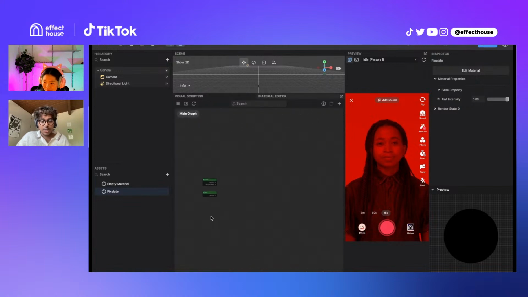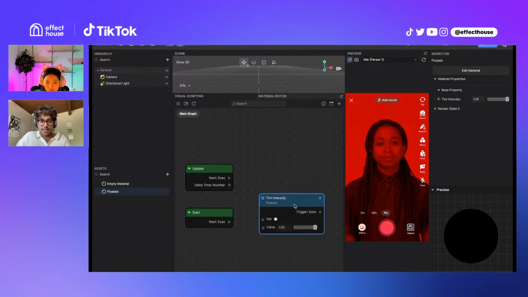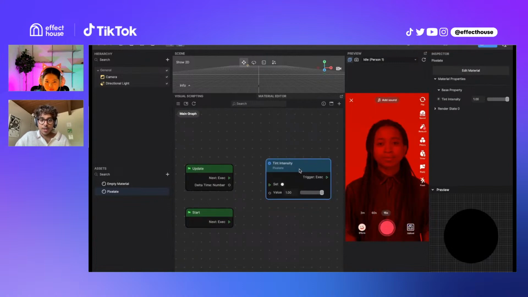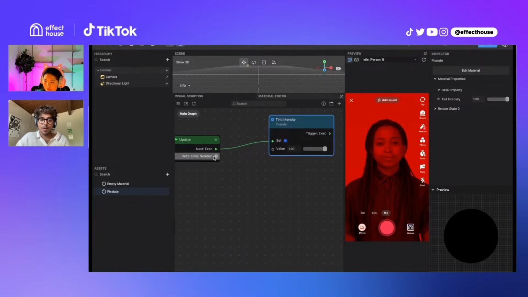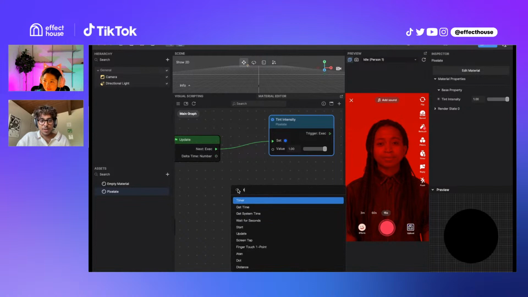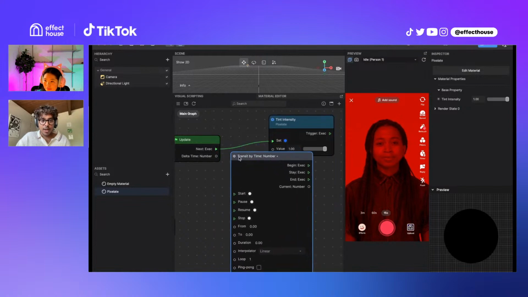Yeah, so essentially, if in your visual scripting graph, when you go to set intensity, you can control this value over here, and this value is what you want to set to essentially determine how the pixel intensity is going to be. So if I just on update do something really simple, like I take the delta time, or I take the total time, maybe let's do transit by time,